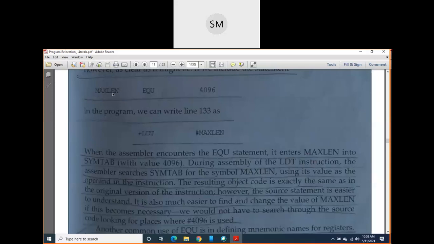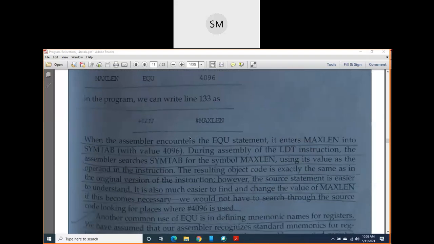Remember, in your program, the first column is the label column, the second column is the opcode column, and the third column is the operand column. The first and third columns always indicate a symbol, and here I am talking about a symbol which is called a label. To this label or symbol, I am assigning a value. Just now I told you this value may be either a constant or any expression. Here in this case, this value is a constant. In the next topic, we will see how this value can be an expression and how exactly expressions look. Everything we will see in the next topic.